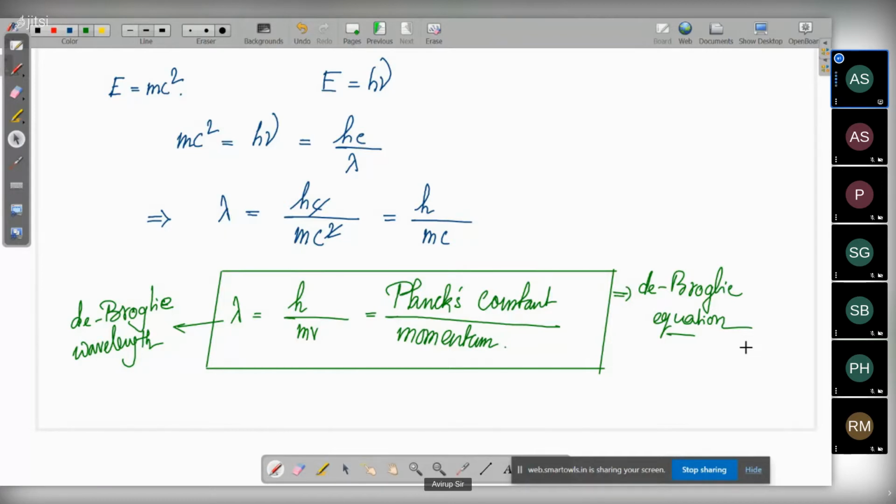So both of them can happen simultaneously. So now the question is, if this is true, then why do we see the everyday objects around us as particles? We do not see everyday objects around us moving like a wave. We do not see a car moving in a wave-like motion. Rather, we see them moving in a straight path. We do not see the wave motion of a car or a truck or any object that we see around us. Everything that we are seeing around us is behaving like a particle only.